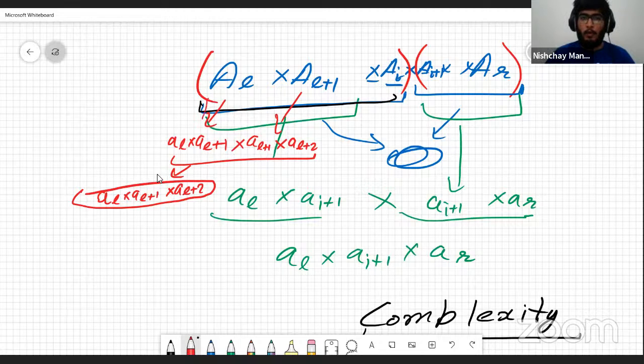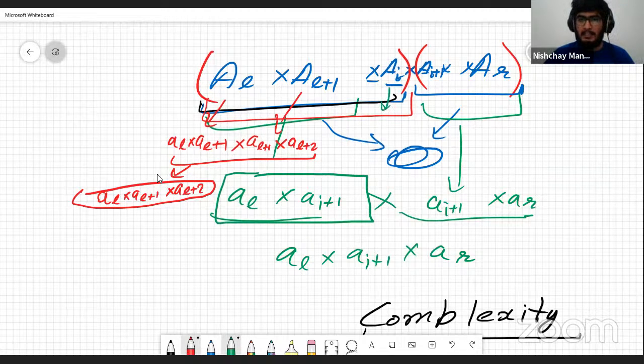So this whole matrix, which is AL into AL plus 1 into up until AI, is going to be of size AL into AI plus 1, right? Because this is of size AI into AI plus 1. And when we keep combining these matrices, the final matrix size is going to be AL into AI plus 1. And if we keep combining these matrices, the final size is going to be AI plus 1 into